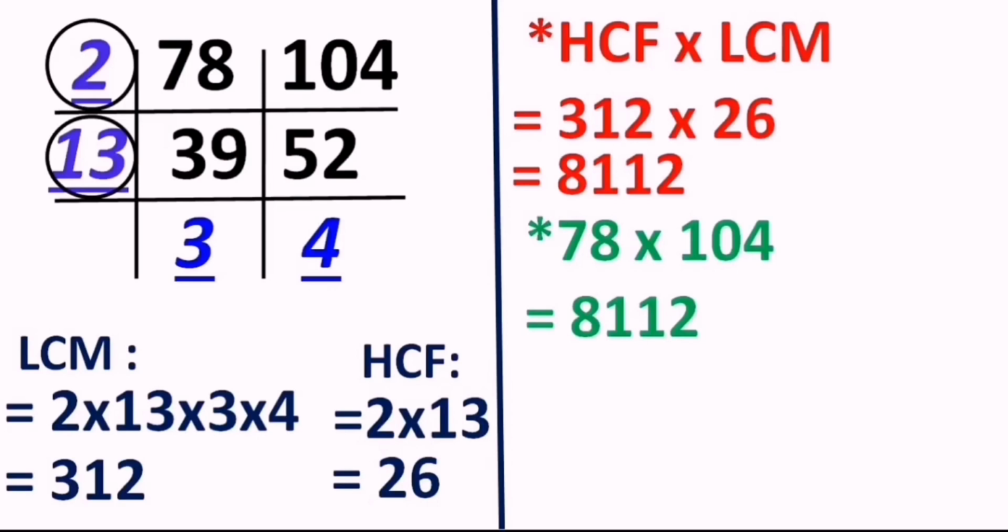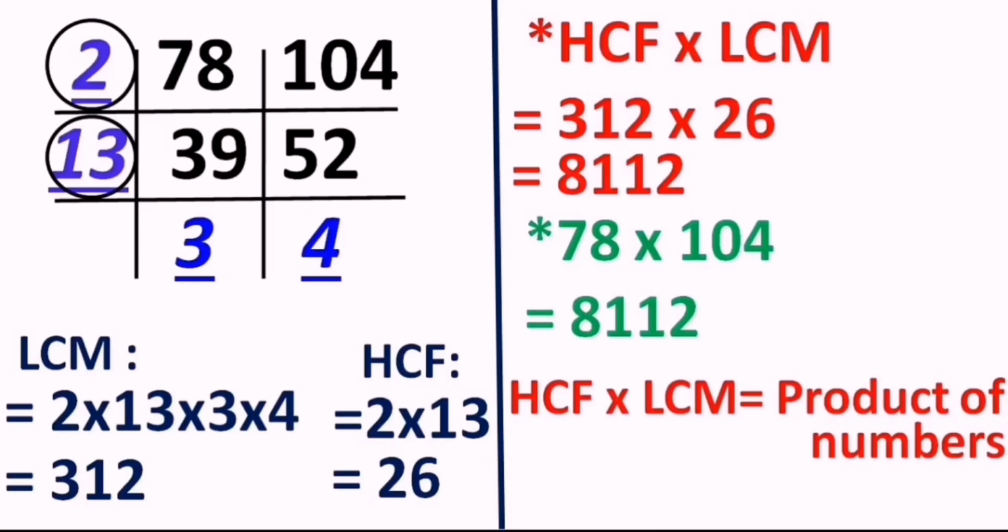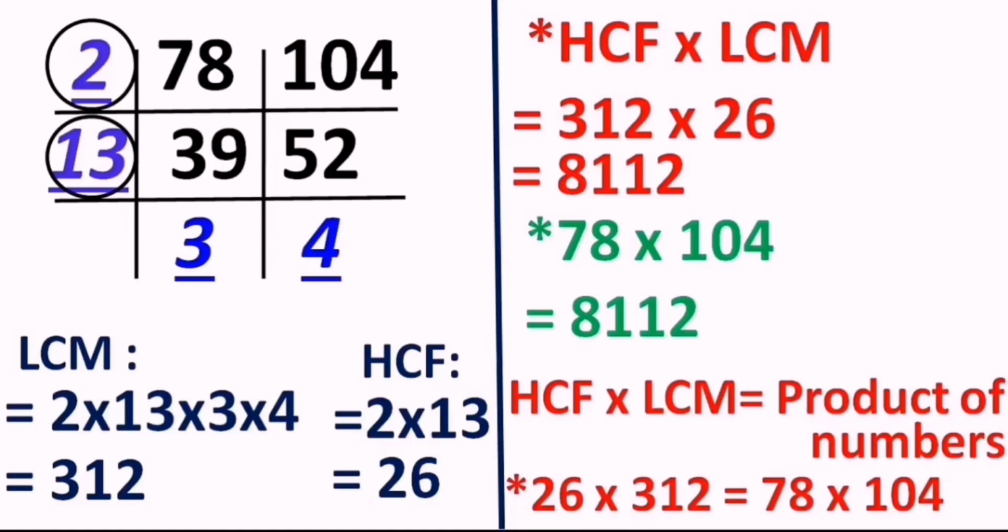Okay. So here we have verified one property, and that property is here on your screen: whenever we multiply HCF and LCM, and you multiply the numbers of which we found the HCF and LCM, you will come to know that both the multiplications are one and the same. So what we got over here, 8112, is the same in both the cases, and so we can say 26 into 312 is equal to 78 into 104. Isn't it nice? Yes. This is question number 2, PS number 13, I guess, right? 13. And you have to verify the property in this manner.